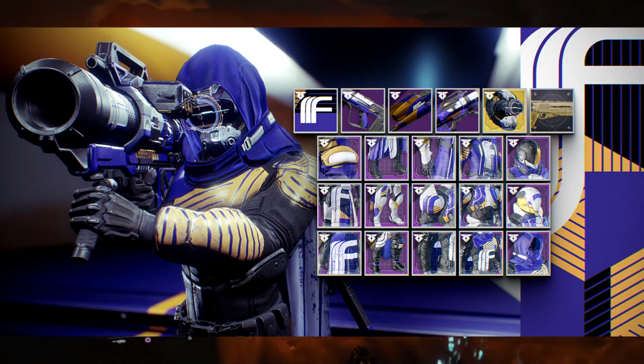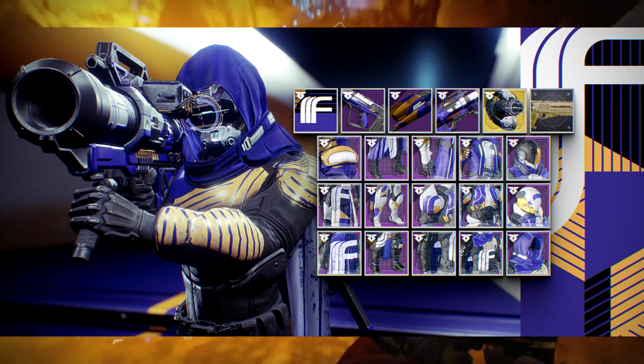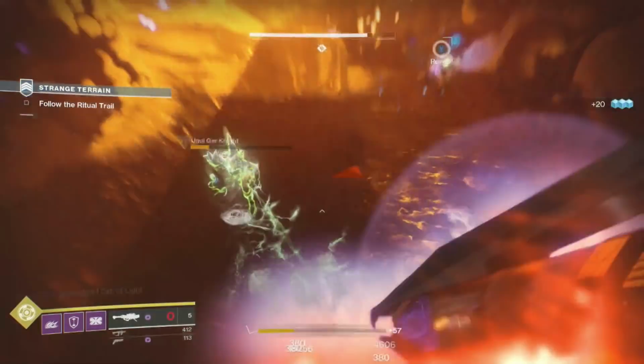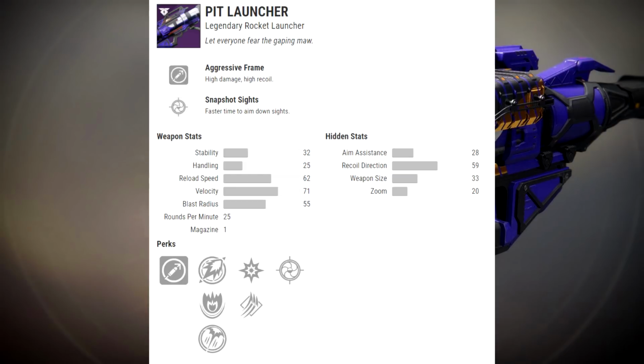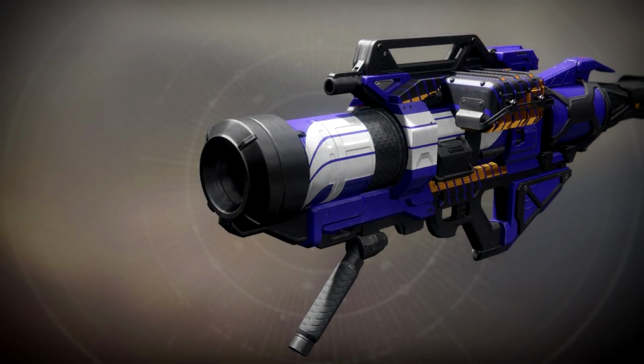Finally, you have the Future War Cult, which will offer the Knucklehead Radar ornament and the Sunshot catalyst. Masterwork will give the Sunshot plus 20 to range and stability. For the weapons, you will have Pit Launcher, 25 RPM aggressive frame rocket launcher with hard launch, counter mass, and quick launch barrels, high explosive ordnance, and high velocity rounds for the magazine, and the trait is Snapshot Sights. Again, we already have a variety of rocket launchers in the game, plus cluster bombs are OP, so...